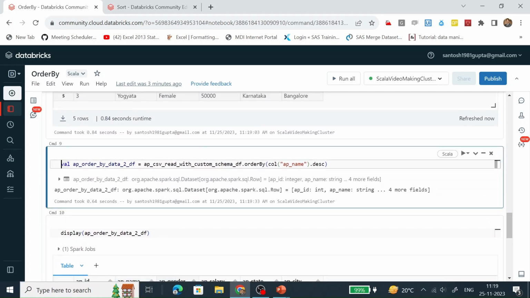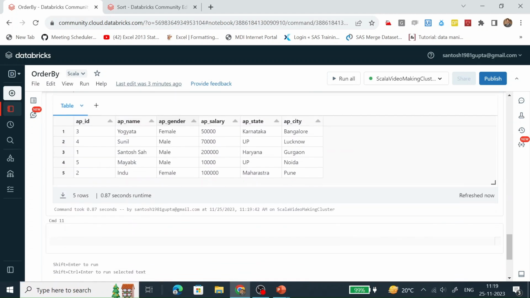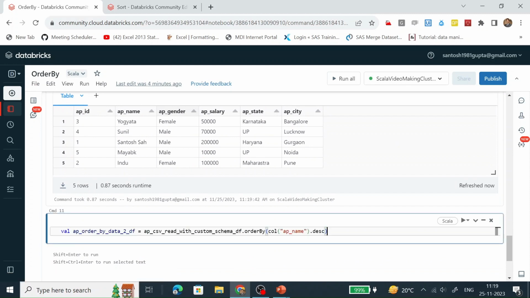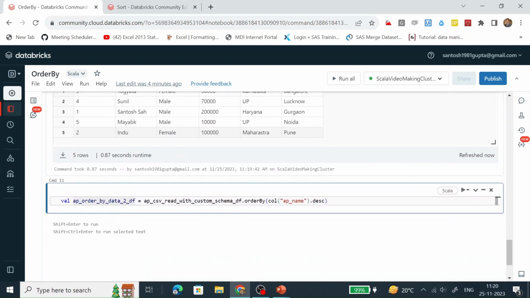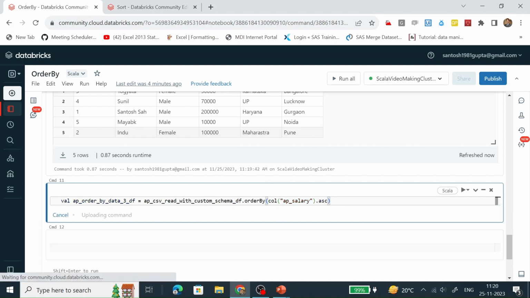Let's sort the data frame based on a column which is of integer type. So we have an integer type column named AP salary, and here let's sort it first in ascending order.